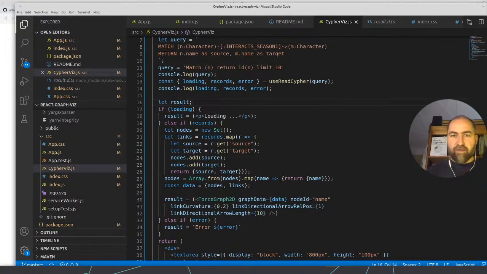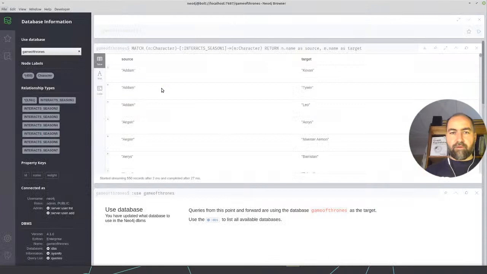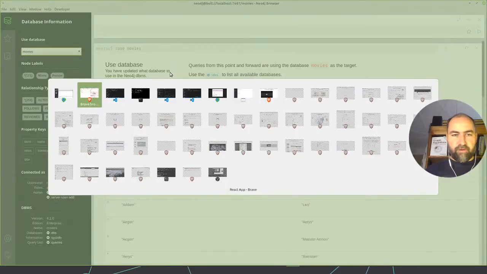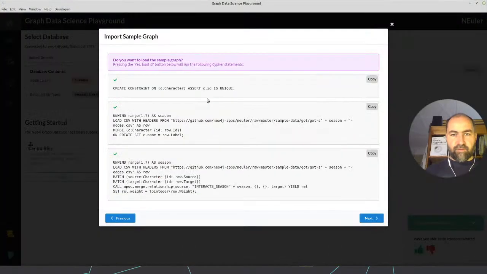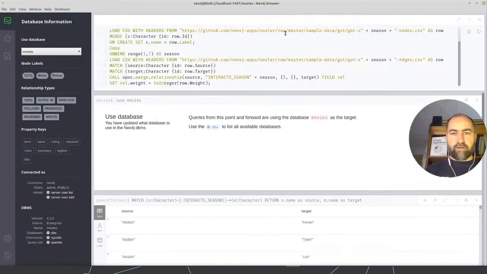Okay. So what we're gonna do then is, the default database is just a movies graph, right? But if we are sneaky, we can just steal this stuff here and run it in a movie graph, just to get the data in.